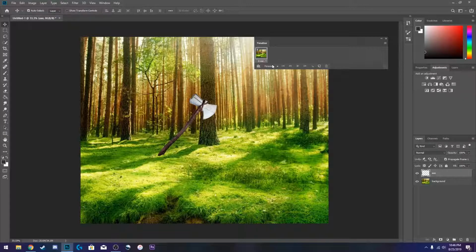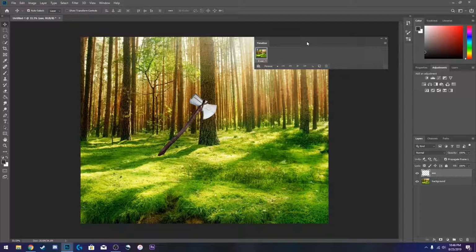That's what it's created. So as you see right away, we have a bunch of different options here. We have this button right here, which we can use to convert this to a video timeline if we prefer to do so. And this right here is the loop it'll be set on. I'll get into this a little bit later when we have an animation. And then we can skip to the very beginning, go back 1 frame, play from a certain frame, or skip 1 frame. And then over here, this is the one we got to start with, where we create a bunch